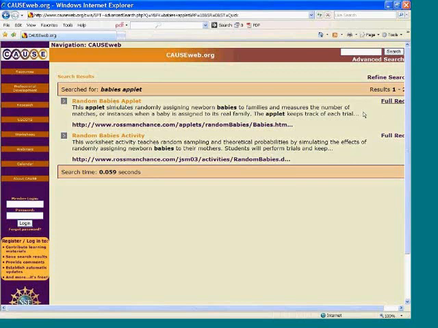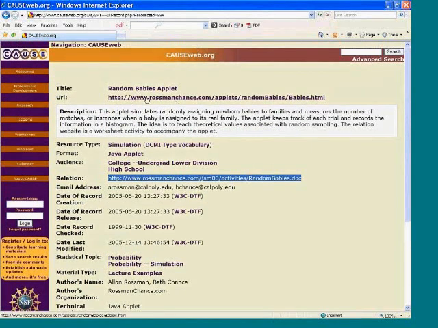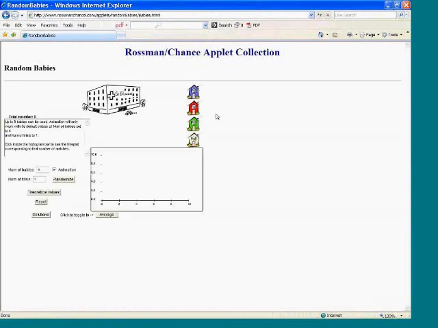So if we look at the Random Babies applet, and let's say that I had found this record through some way other than saying babies, because clearly both things came up for that search. I can look at the Random Babies applet, and then I can come down here and see, oh, there's something attached to this activity that is part of this activity. So I can cut and paste this web address into my browser and then see what that particular thing is. Now, if I go up and click on either the URL or the title, it will take me directly to